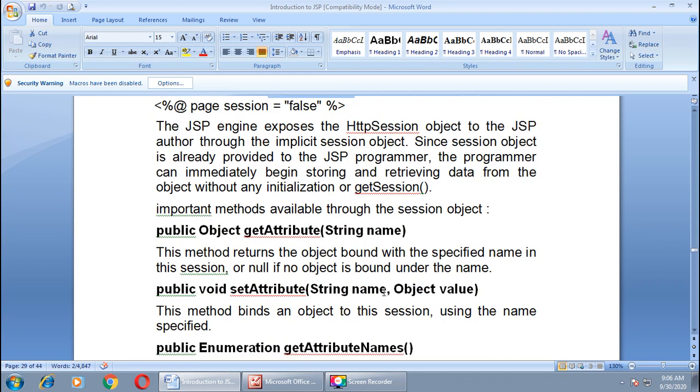Here you can see the list. getAttribute: this method will return an object which is bound with the string name you have provided in the form of a parameter, right? If nothing is specified for this session, the object bound with this name will return null.